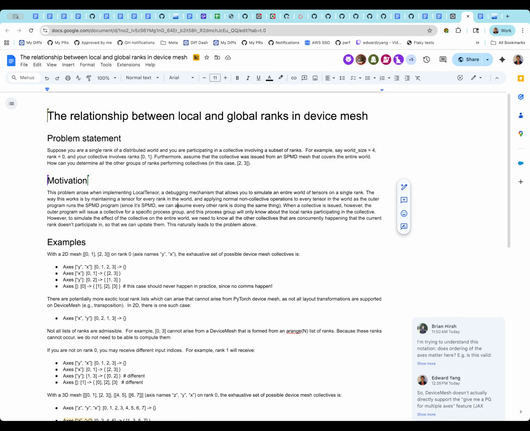So very concretely, first, DTensor is a really, really good abstraction for working with device mesh. So I rarely see uses of device mesh without DTensor, but they are not inextricably linked. For example, if you're doing